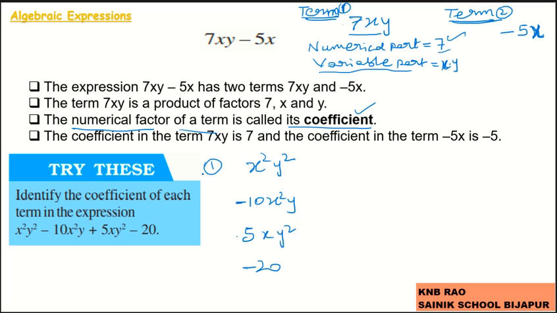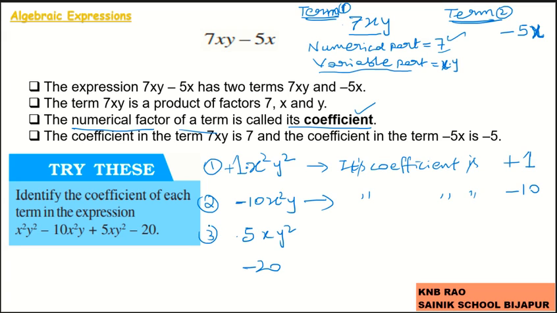In term 1, nothing is written, which means it is multiplied by plus 1. So its coefficient is plus 1. Now in the second term, its coefficient is minus 10,